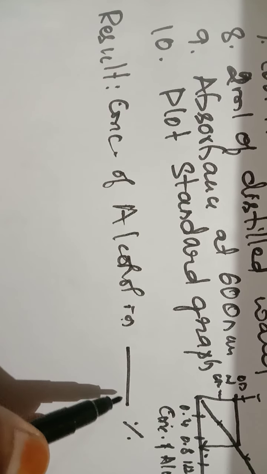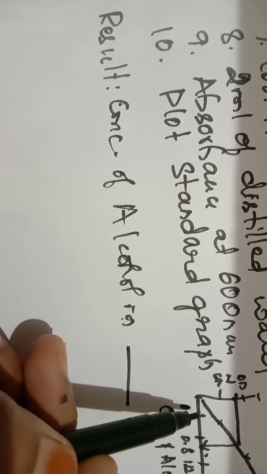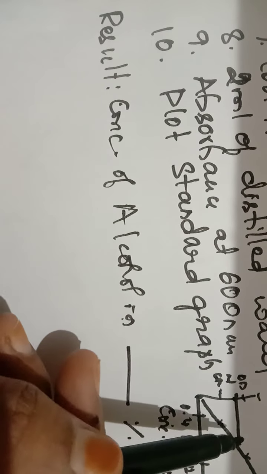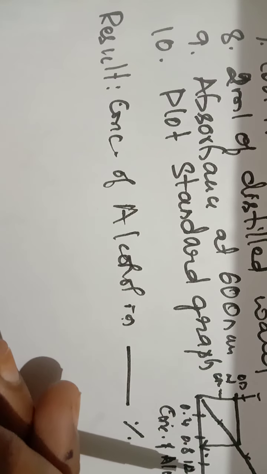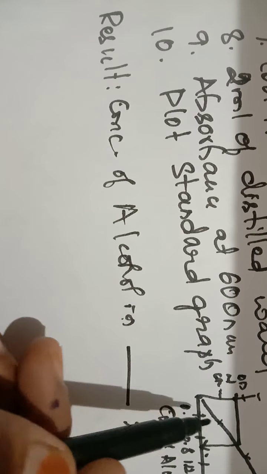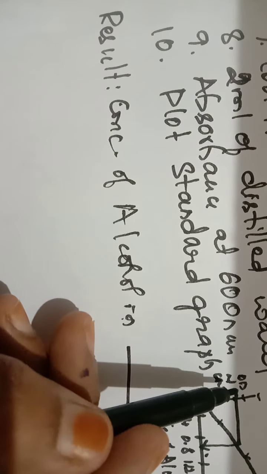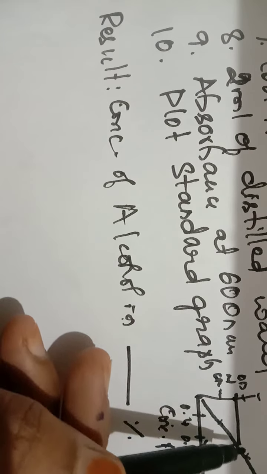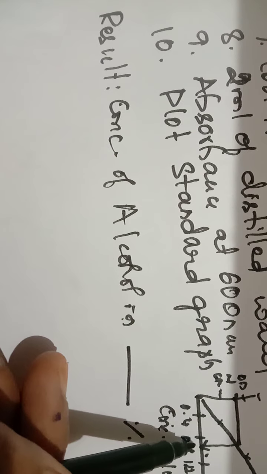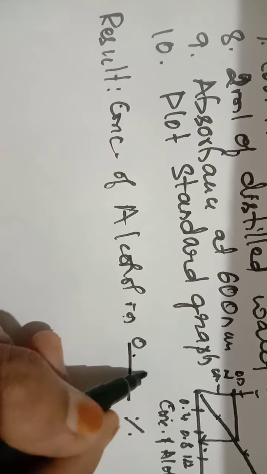How do you calculate this? By using the graph. You need to plot the standard at first. For 0.4 how much you will get, 0.8 how much, 1.2 how much, 1.6 how much, 2 how much. You plot these on the graph, join the points in a straight line, then take the unknown value and cut on the straight line of the graph, and then you know the unknown concentration. For example, here it is supposed to be 0.9 percentage.